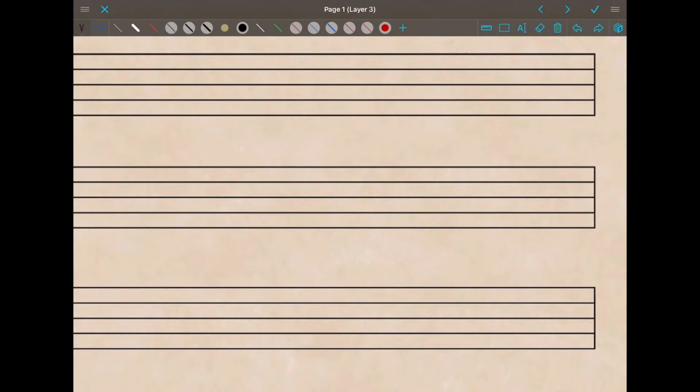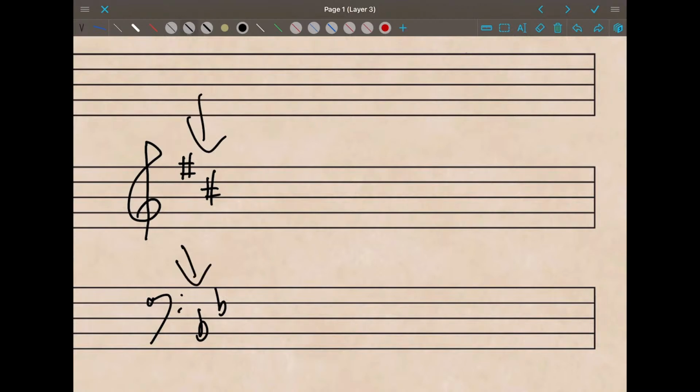Okay, so key signatures are these things over here that tell the musician what notes to play. I'm going to put a couple of staffs over here. The key signature is these sharps and flats. I'll give you a flat example here. It's this business right here. This is the key signature, and with it comes a key name. For example, this one is called D major, and this would be called B flat